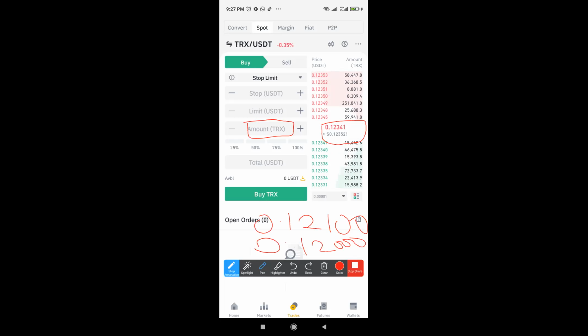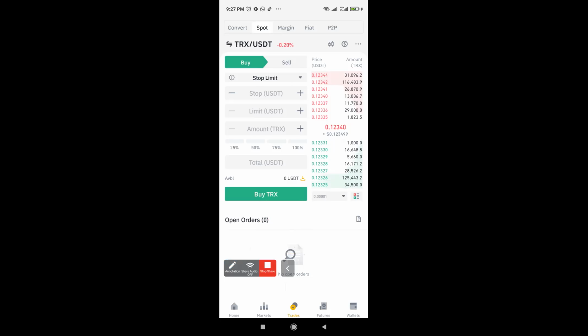Stop limit allows you to set a price to alert Binance and a price to eventually buy, unlike limits where you just set the price that you want to buy. And if there's anybody selling, they buy it. But this one, it will help you watch out for when Tron is going down to this particular price. Okay? So stop limit, that's where we are now. So when you put it on stop limit, that's exactly what you are saying. Now, sorry, let me go back to market.